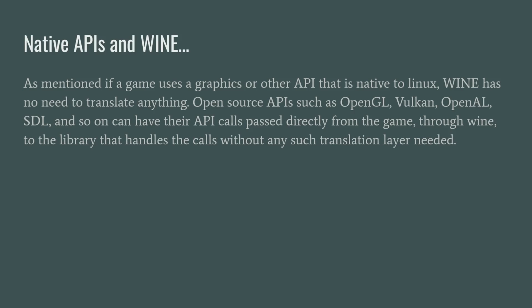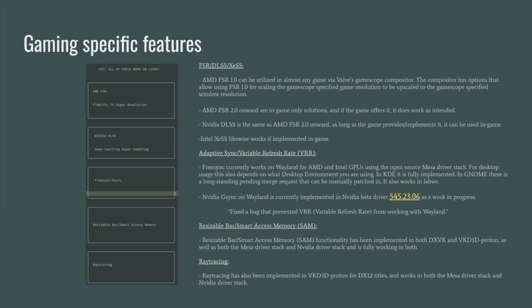There, like again, I said, there's some minor stuff that happens there, but nothing too crazy. Gaming specific features. These are things that a lot of gamers are really, really adamant on having. The new features that come out for various different graphics cards, different companies that have them. FSR, DLSS, XeSS. Regarding FSR in particular, I get this question all the time because there's now 3 iterations of